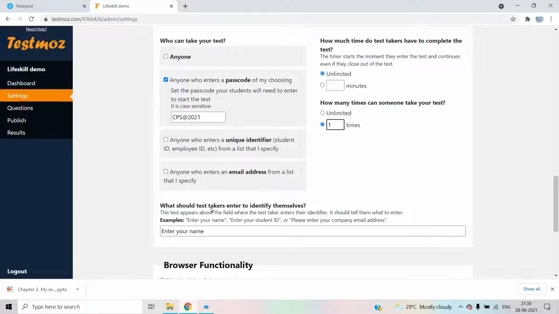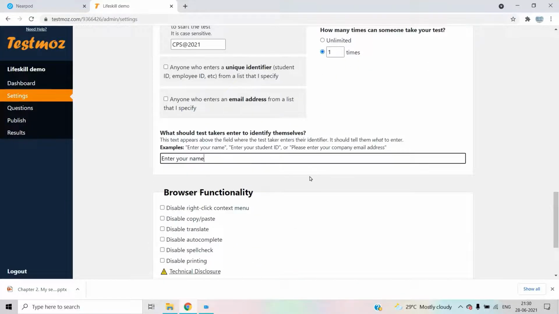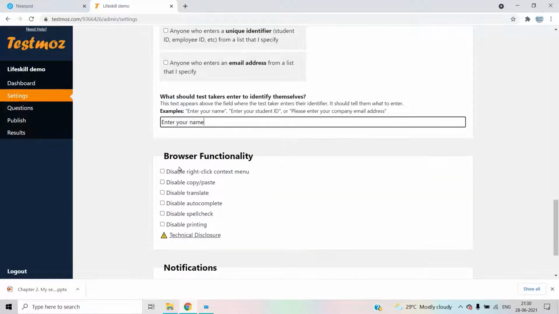Next, what should test taker enter to identify themselves? They have to enter your name. Next is browser functionality. Disable right click to context menu, disable copy paste, disable translate, disable autocomplete, disable spell check.